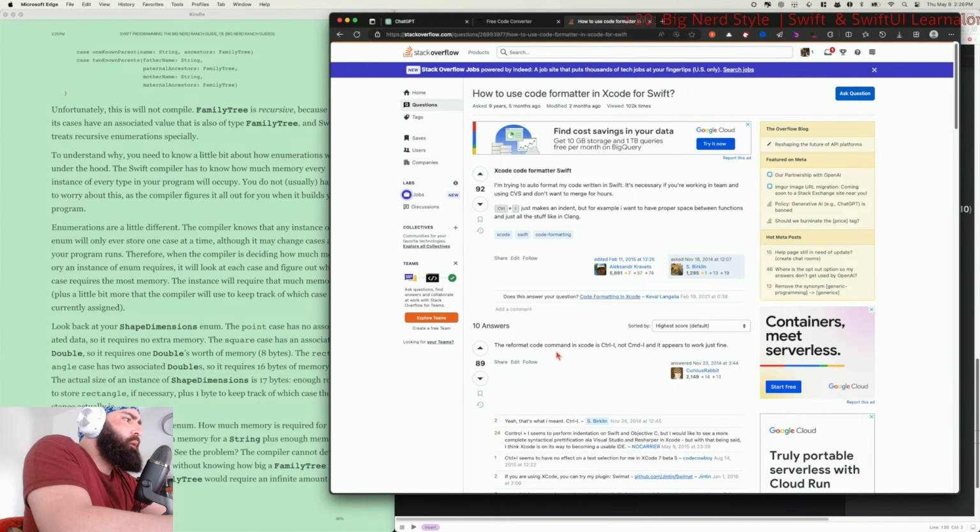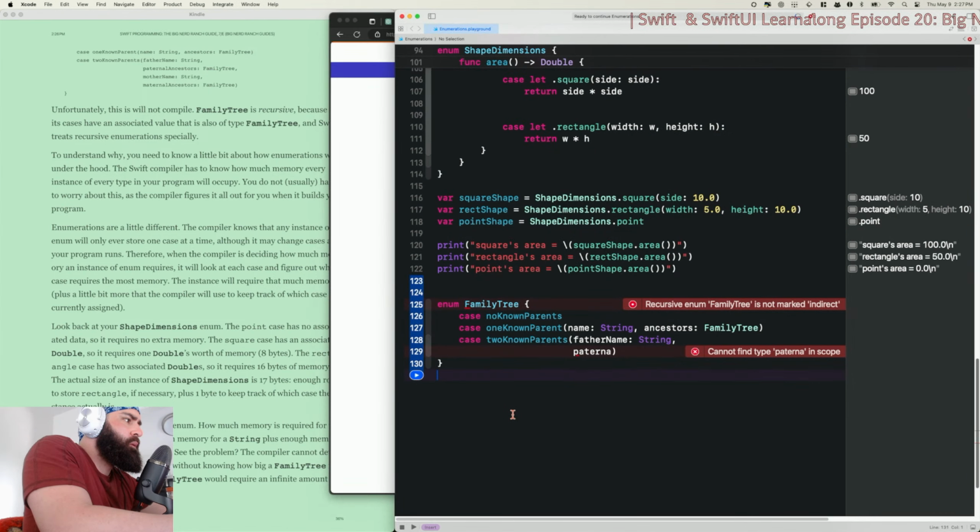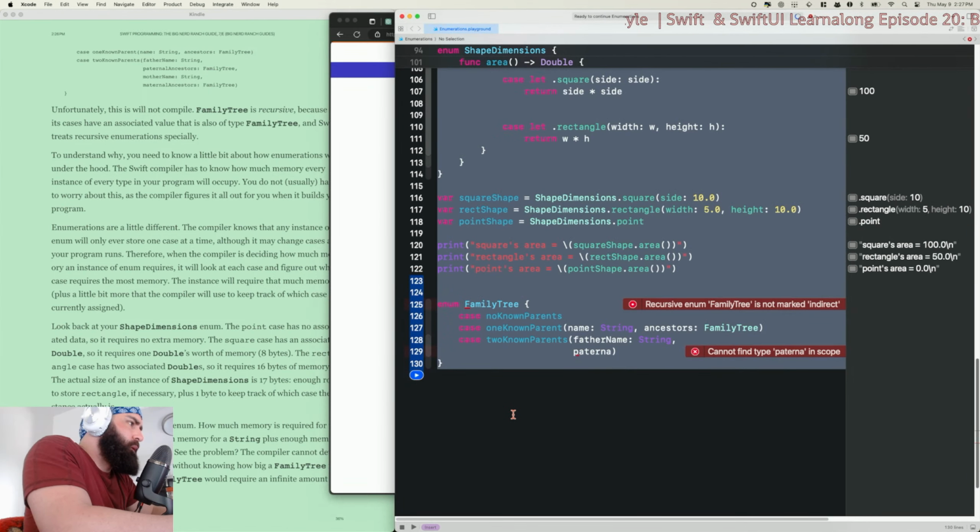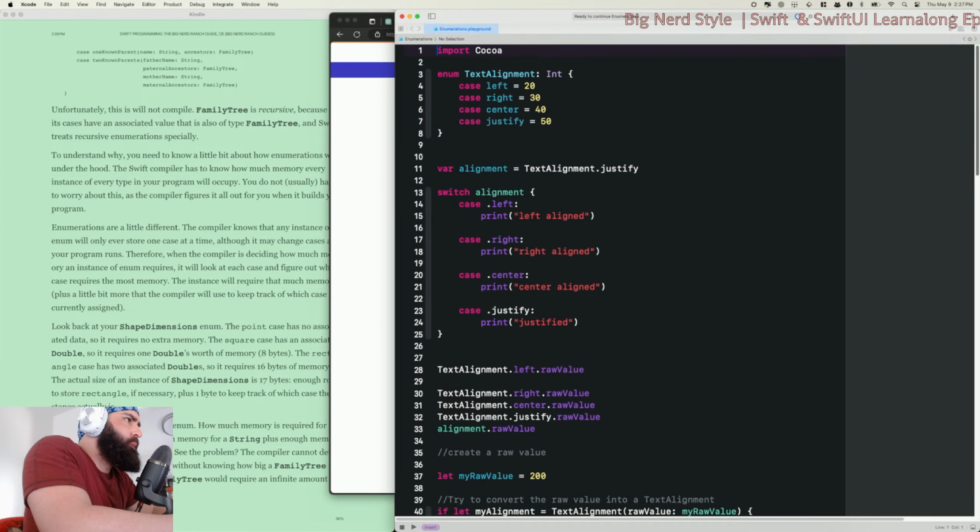The reformat code command in Xcode is Control I, not Command I. Control I seems to have no effect. Yeah, what are you talking about? Oops.